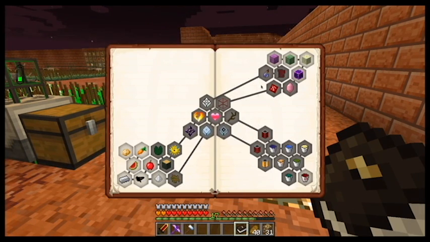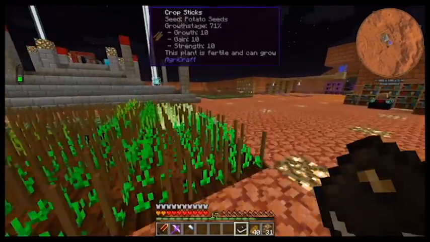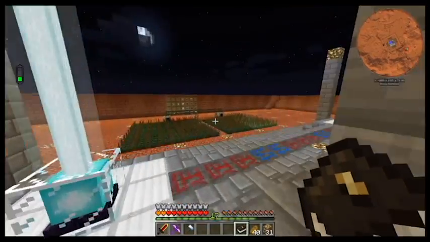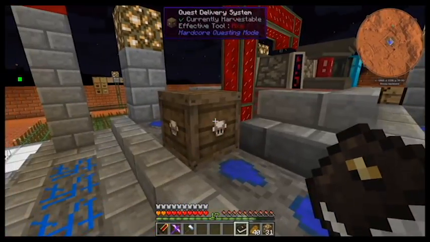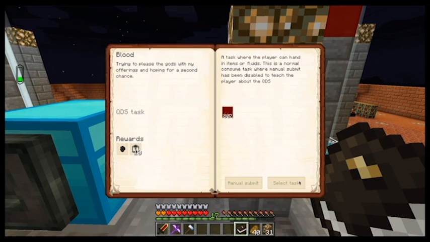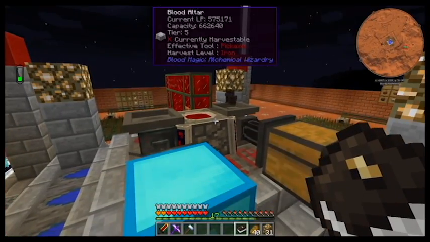But the next one here is they want Zivio. And they want 10 blocks of Zivio, which doesn't sound like a lot, but it actually kind of is. Let's see where we are with that blood quest. 80%. It goes fairly quickly, but while it's drawing off blood,